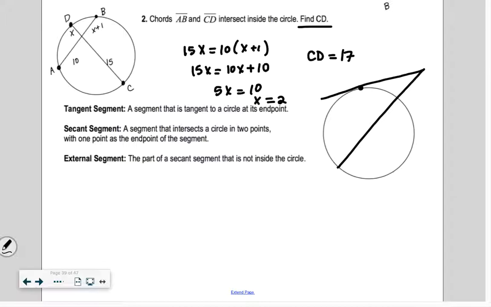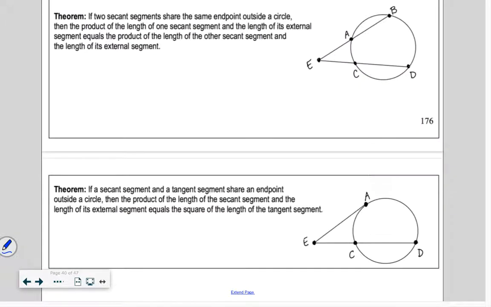So we have lots of these pieces. So when I talk about these words, I'm going to talk about tangent segments. This right here is a tangent segment. I might talk about a secant segment. This is the part, so it says a segment that intersects a circle on 2 points with 1 point as the end point of the segment. So it's intersecting here and here. Do you guys see it? That's the secant segment, so the total. And then the external segment is the part of that secant segment that's outside. So this is the external segment. Okay, I'm not going to worry too much about it, but as we do this formula, it's going to be,